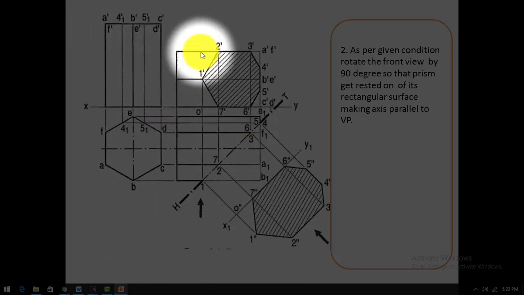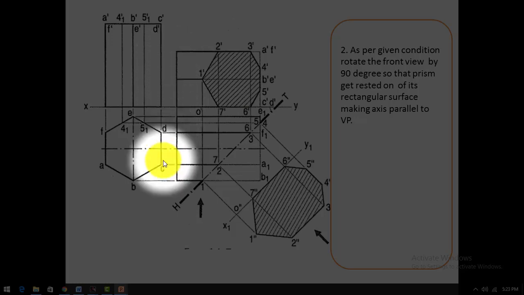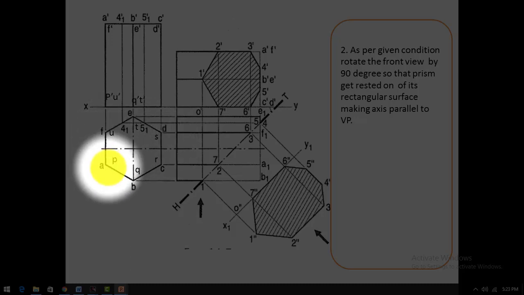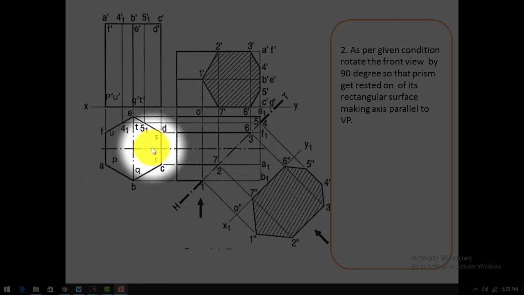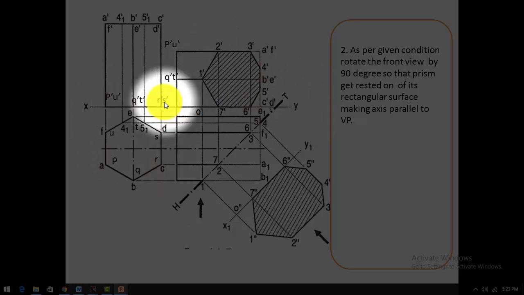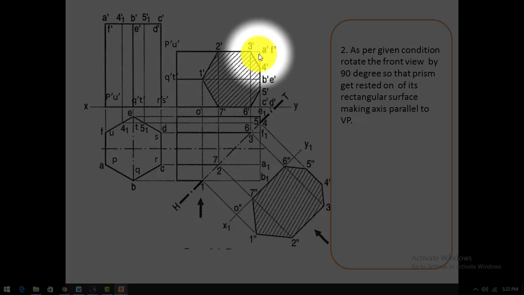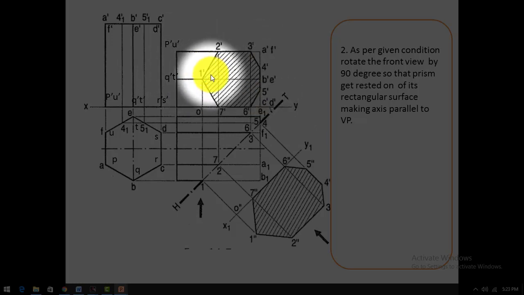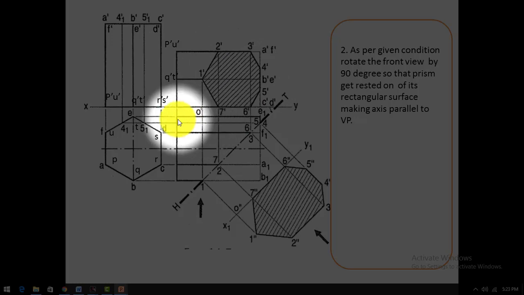One of the faces is on the reference line, hence we have taken that CD RS face perpendicular to XY in the first stage top view, because you can tilt it either on this face or on the other face. So tilting the front view means you have to redraw this front view, making this RS line horizontal. By taking the dimensions, locate the given points and complete the front view and top view.